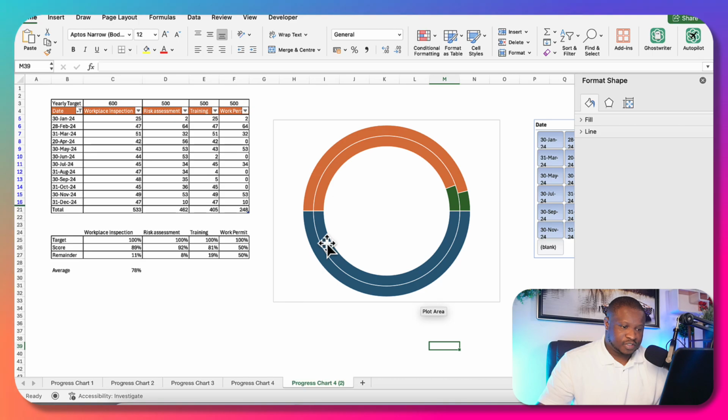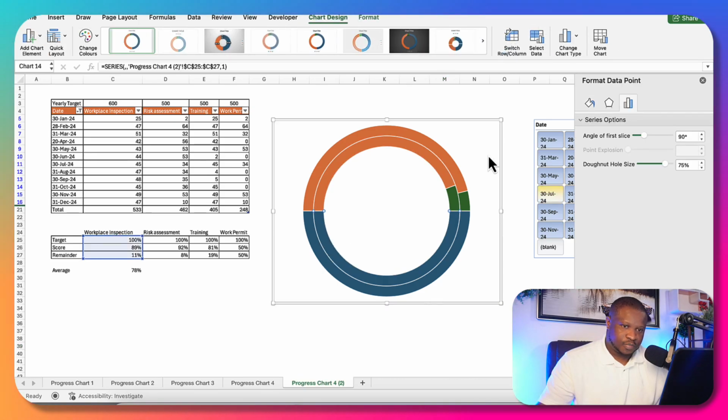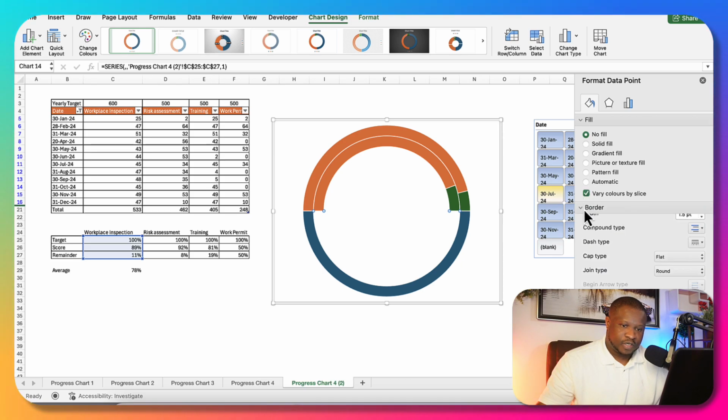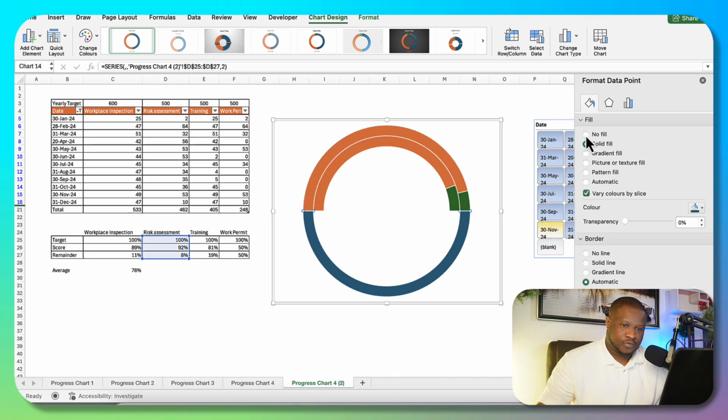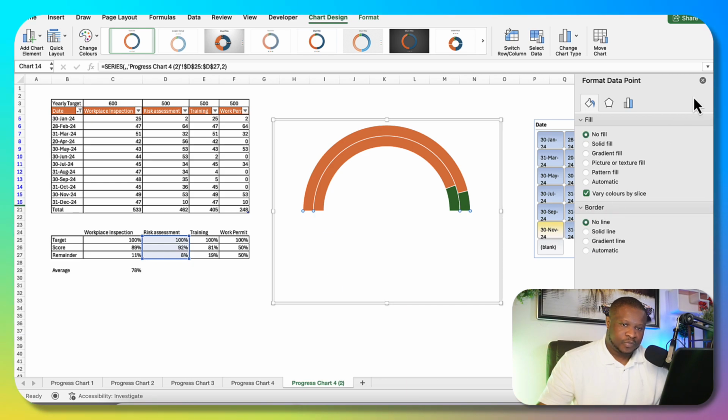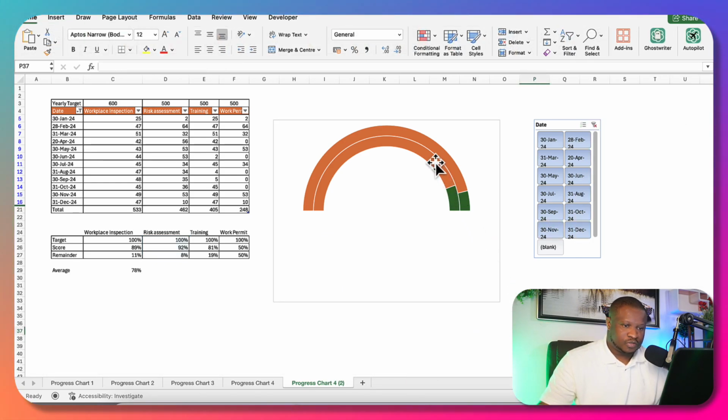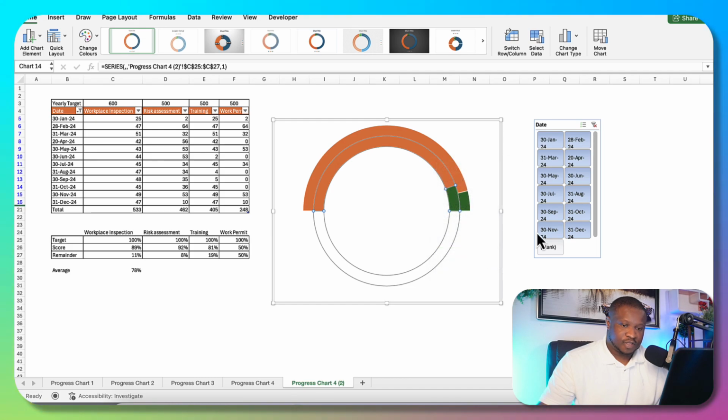So what we're going to do is double click on this very data point, and we apply no fill, and there should be no border. We double click on this one as well, we apply no fill and no border. All right, and then we can increase the size of the donut